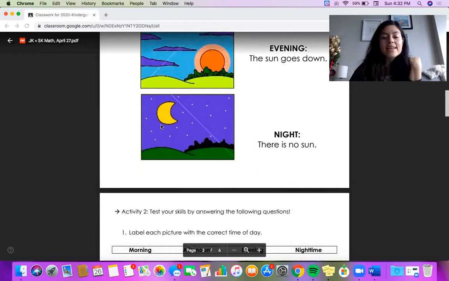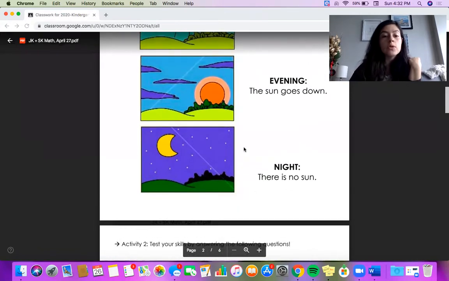And finally, at nighttime, there is no sun. If you look outside your window, you would see a bunch of stars, and you would see the moon. So once again,